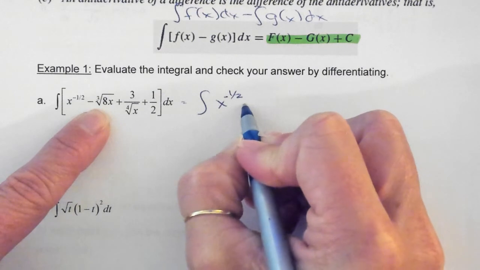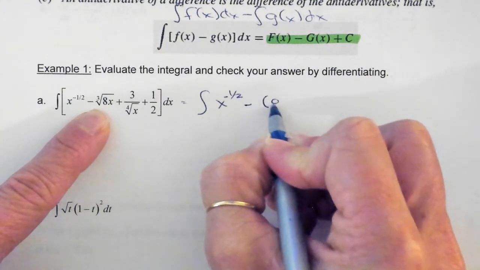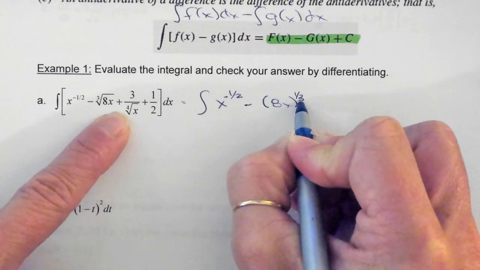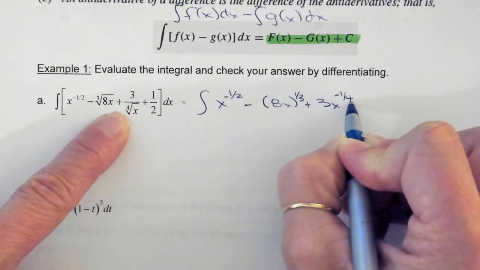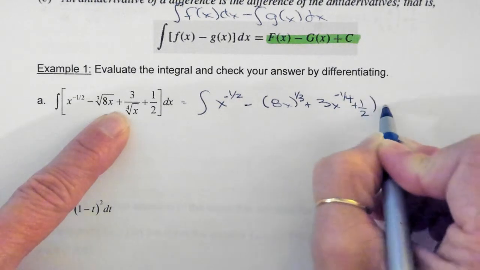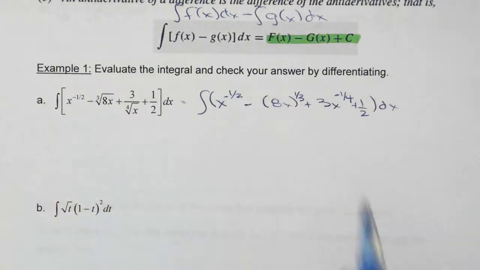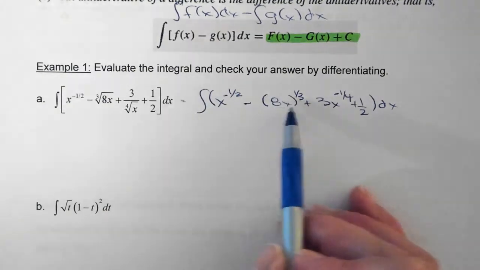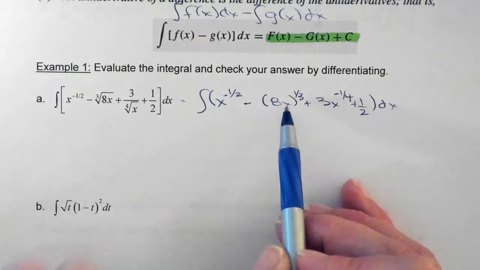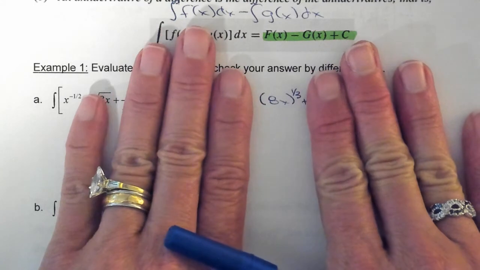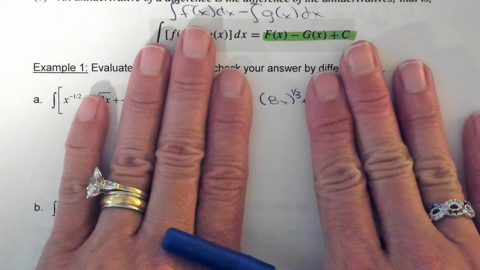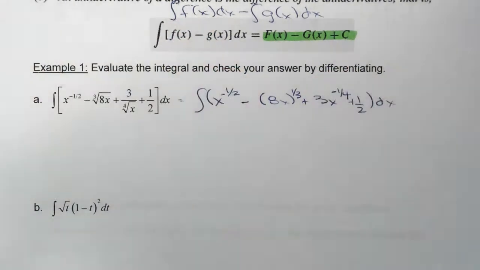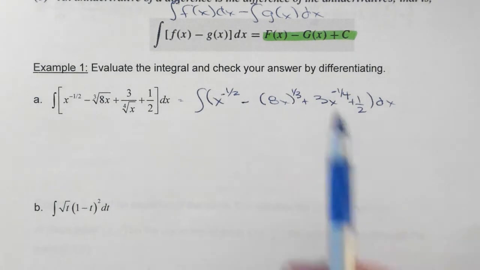This then becomes minus the quantity of 8x to the 1/3 power plus 3x to the negative 1/4, and then plus 1/2. And this is all being integrated. So one thing that you need to do here, if I were taking the derivative of this, isn't this a chain rule? If you were taking the derivative, which you're not, okay? We don't have a chain rule, at least not yet, undoing the chain rule,